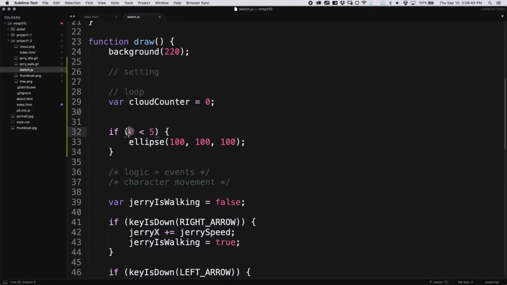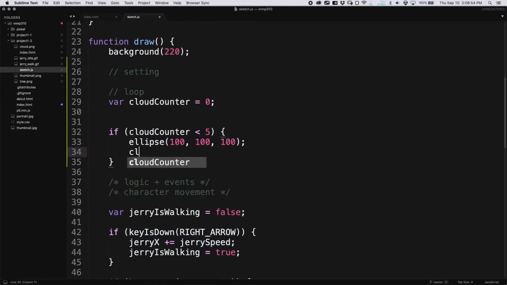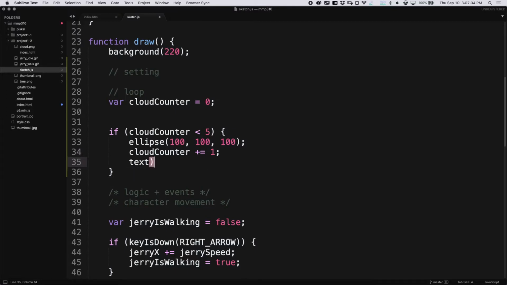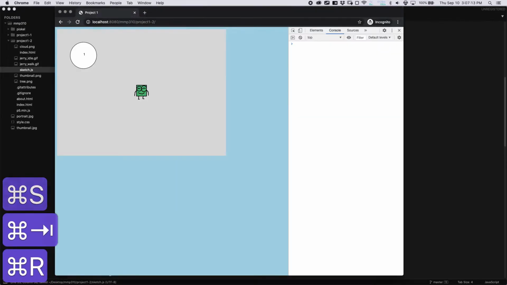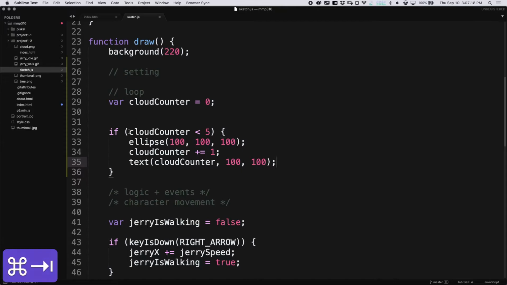So instead of using just 0, I can use my cloud counter, and I can throw that in there. And then I need to increase my cloud counter. So I would say, cloud counter plus equals 1. So it would go from 0, 1, 2, 3, 4, 5. And let's use a text box just to visualize this. So I'm going to say cloud counter, and we're going to put it in the same place as the ellipse. And one thing that we'll see is that we still just have a 1 here, okay, because we're still just